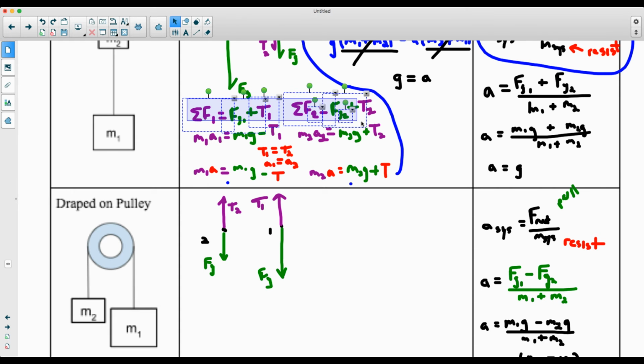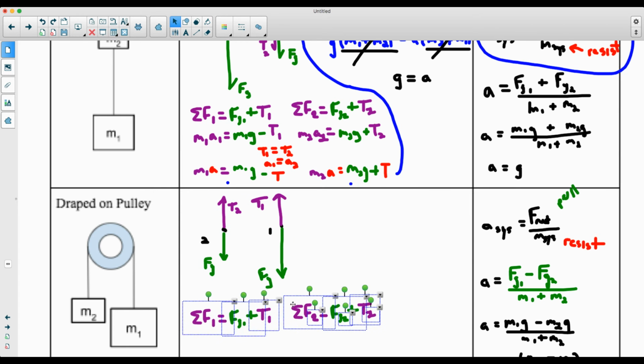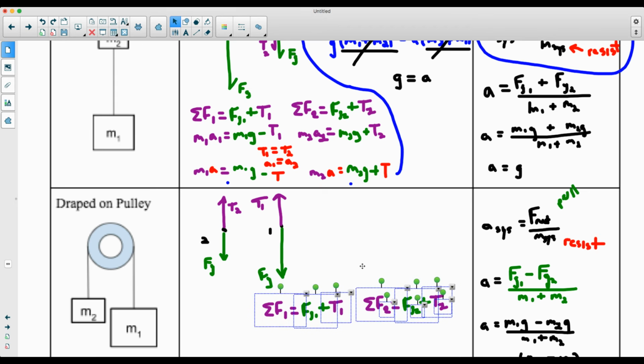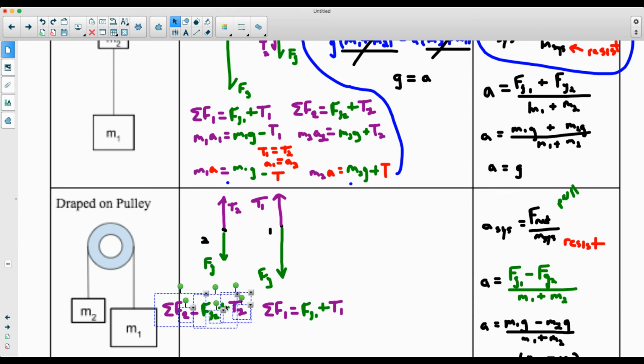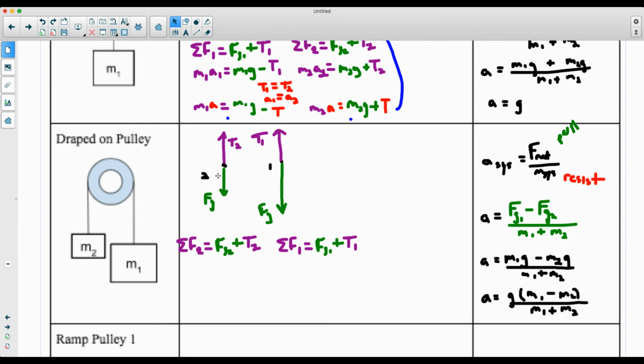Let me see if I can pull some of this business here and just copy and paste it. That would be nice. All right. Come on down here. So I'll switch the order around. I called 1 and 2 differently this time. Bring this one over here. All right. Formal. Sum of the forces on block 2 is just the weight of 2 plus the tension. Sum of the forces on 1 is just the weight of 1 plus the tension. All right. Once you substitute in,